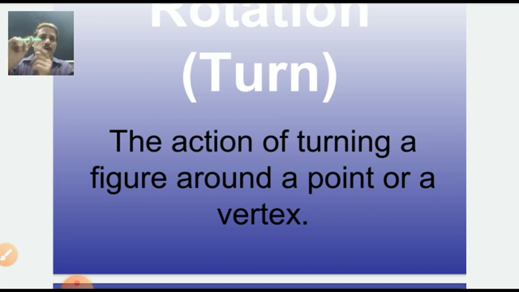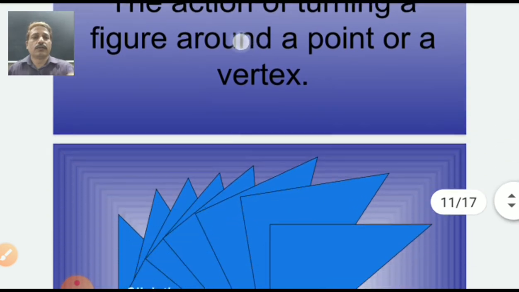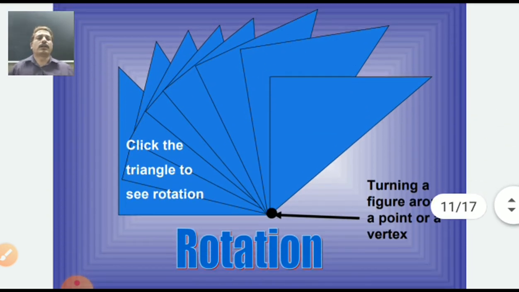Exactly it will come. So the point is downside. Can you remember this one? Or you can keep the point up and turn it the other way. One time, two times, three times, and fourth time. 90 degrees plus 90 degrees plus 90, 4 times, 360 degrees. Exactly the point will come on the top side. Yes, my dear student, look here. One triangle is there. It's a vertex. If we keep turning the vertex, at 360 degrees it will come back to the original shape.